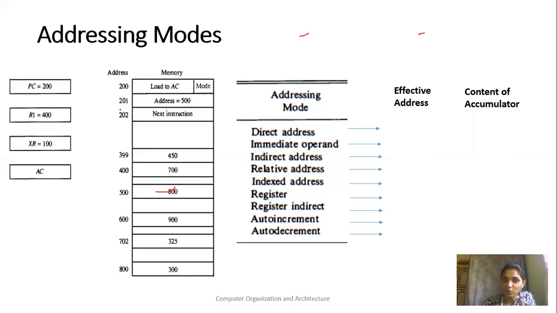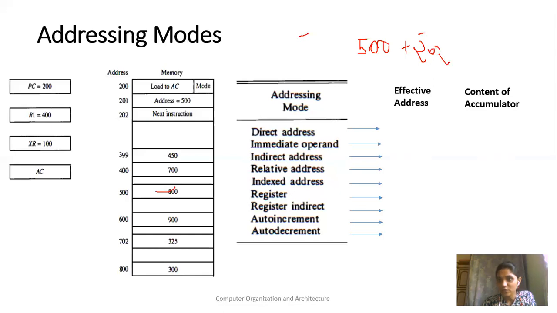After executing this instruction, that is stored at 200 and 201 location, your program counter will be what? 202. So your relative address will be what? 500, that is your address field, plus you have to add program counter, that is 202.